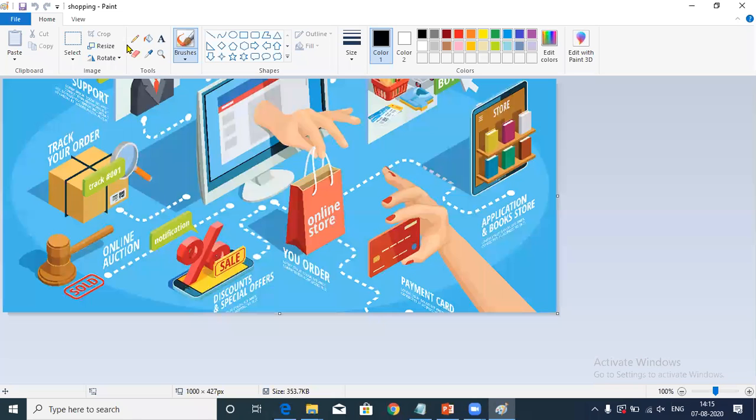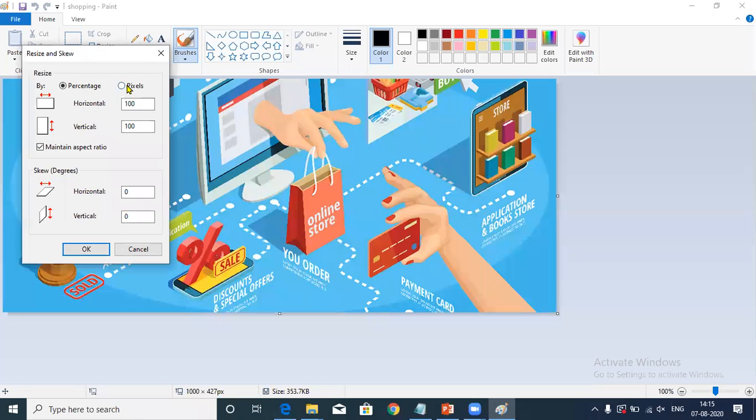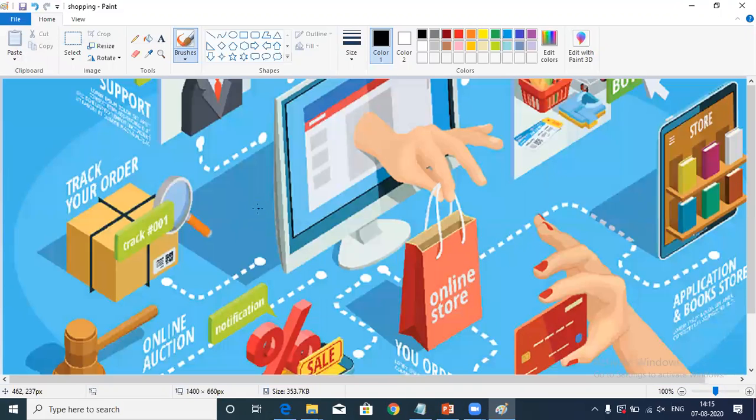When you open the picture in Paint, you will click on resize, then select pixels from here, then uncheck the option maintain aspect ratio. Here you will specify some ratio. For example, I am specifying the ratio 1400 and 660, so that my picture will be fully filled on the screen.